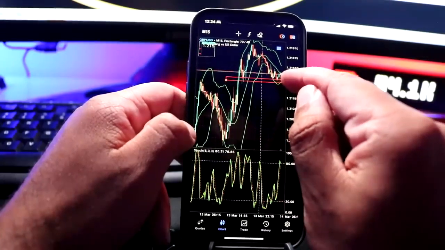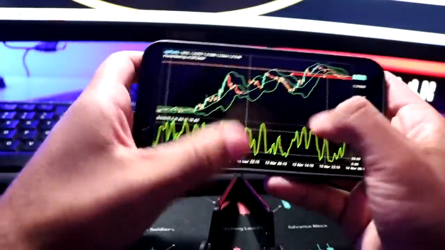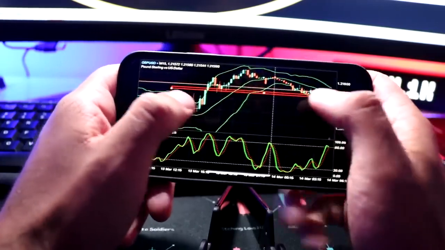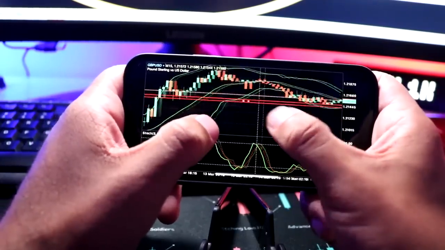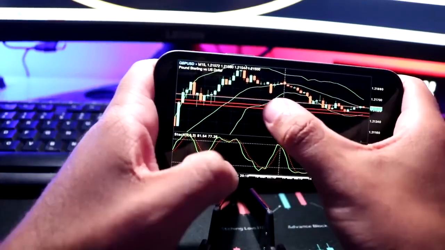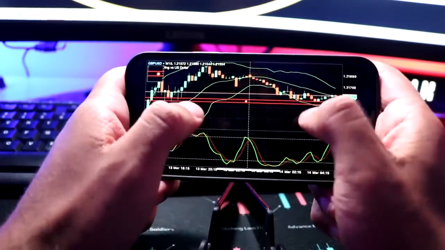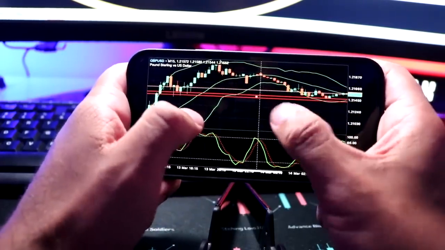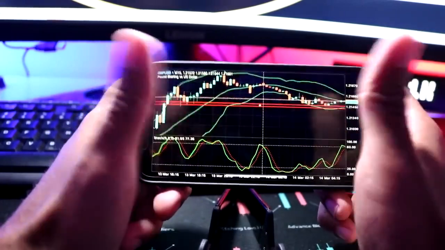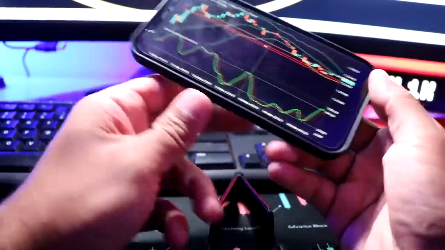I will go ahead and put it like this. Again, turn my phone sideways, and there you go. We have a potential support zone right there at the bottom. And as you get more fluent and better in trading, you'll understand the importance of marking up zones. But we're not going to go too much into depth with that in this video